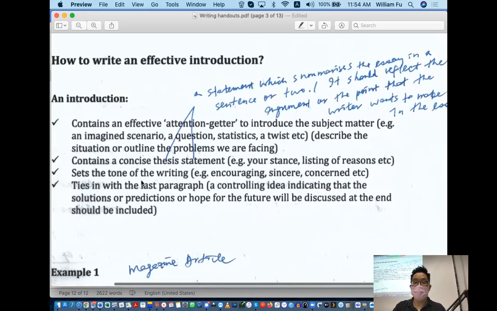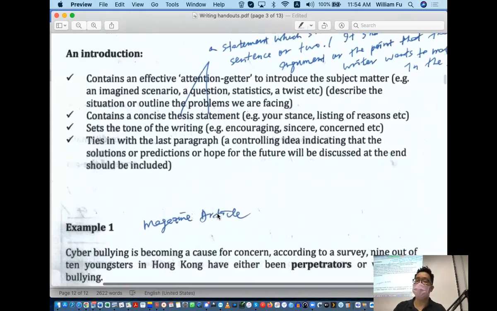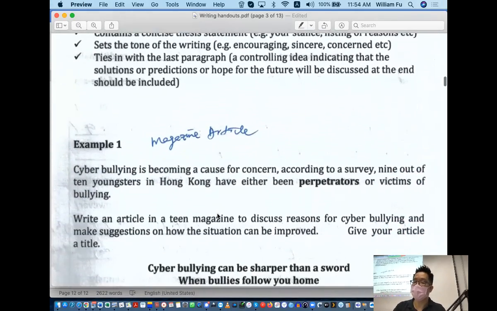And then now, set the tone. Number 3 is set the tone. And number 4 ties in with the last paragraphs: a controlling idea indicating that the solution or prediction or hope for the future will be discussed at the end. Okay, means just like pointing. Well, in this essay, we are going to discuss blah, blah, blah at the end of the introduction. Okay, this introduction. And after that, I'm going to give you some really good